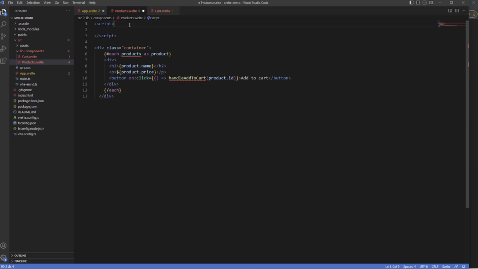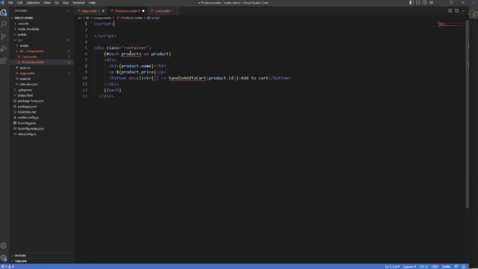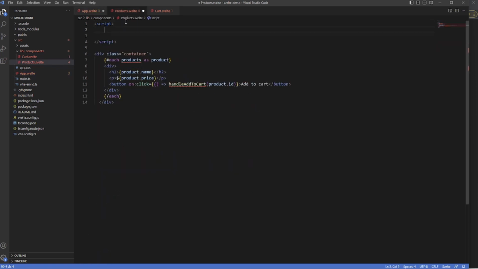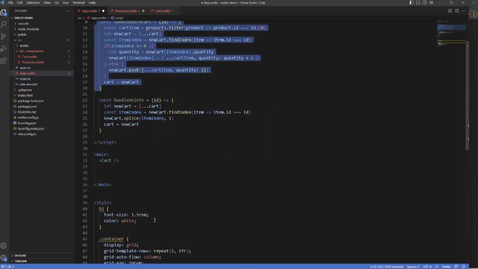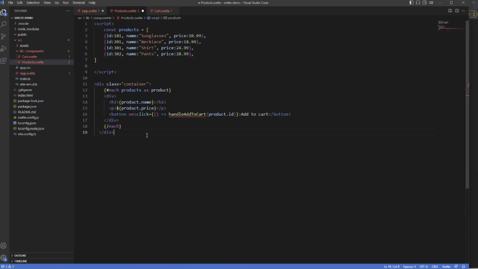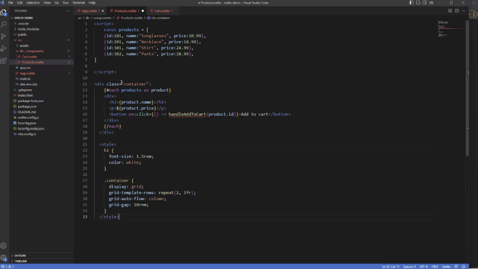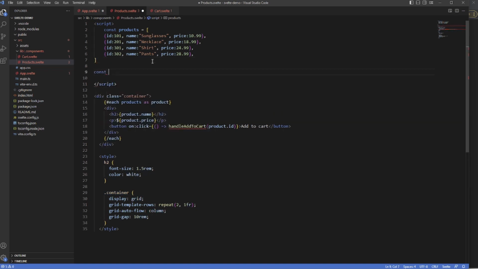We'll grab the products container from here. And for the products, we want to grab our styles, so let's just grab all the styles and throw them at the bottom of this file. And then in here, you do need your handle add to cart so it doesn't error out. So const handleAddToCart equals